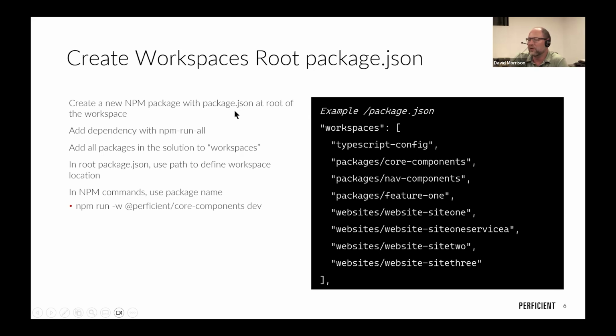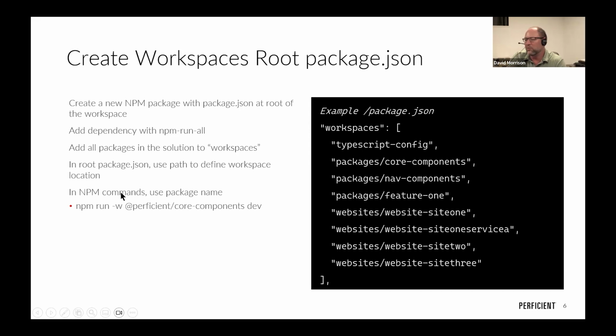The only dependency on this workspace root should be something like npm-run-all. You might use other workspace tools that would go here as you evolve your solution. But from the beginning, we'll start with a very basic Workspaces root with just the one dependency on npm-run-all, and then all my workspace projects, including the core libraries and the packages, will define all their dependencies at the leaf level.